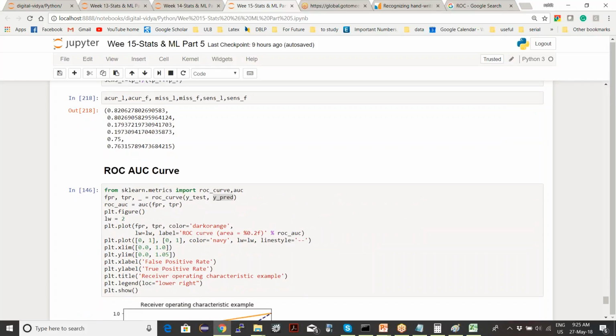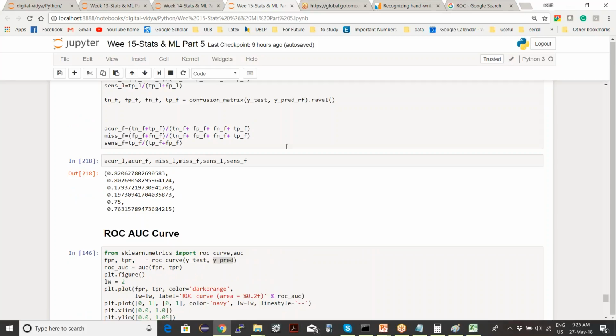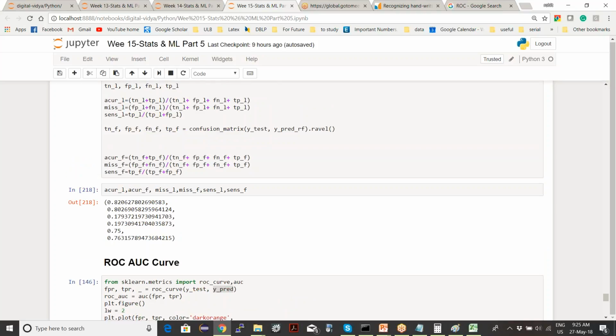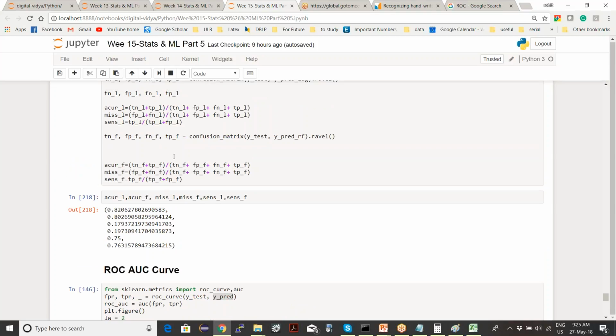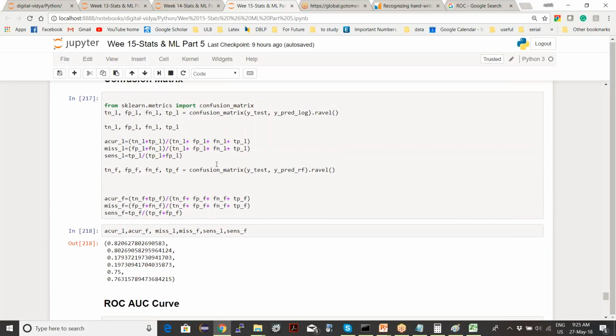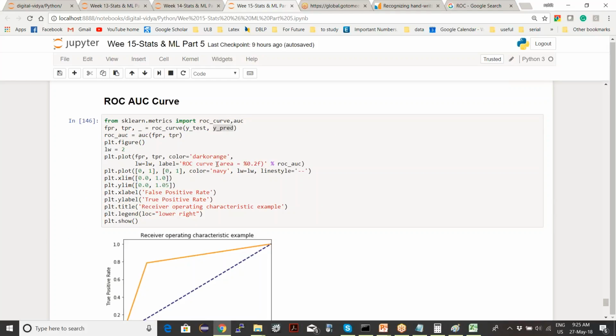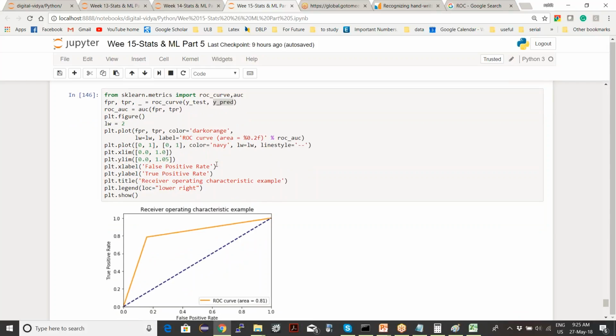So these two, confusion matrix and ROC AUC curve, are two of the most popular ones used for comparing classification algorithms. Specifically, if I have to check for sensitivity, specificity, or misclassification, then you can calculate it using the confusion matrix. Or if you don't know that and you just want to see which one is a good balance between specificity and sensitivity, then you can go for the ROC AUC curve.